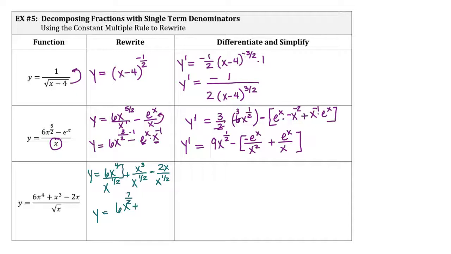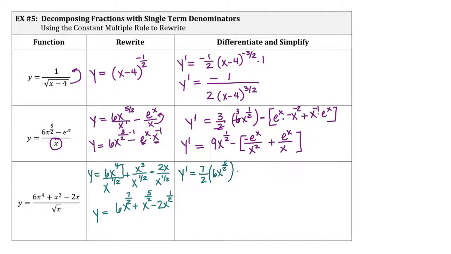Plus, and 3 minus 1/2. That's going to be 6 over 2 minus 1 over 2, so 5 over 2. And then here minus 2x to the 1/2. Now we're ready to do our derivative. So we're going to have y prime equals, you are multiplying down your 7/2 times 6x, and if we subtract 1, that's going to give us 5/2,